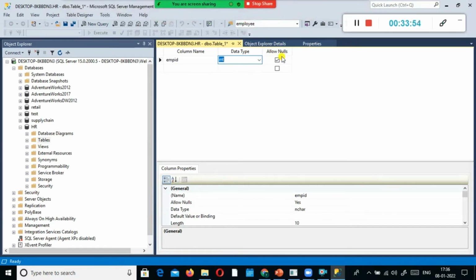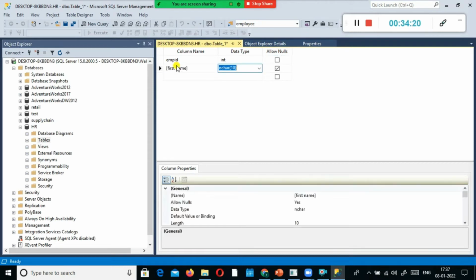You can find an option like allow nulls here, and by default it has been checked. That means you can store null values in it, but if you uncheck it, you cannot store null values.